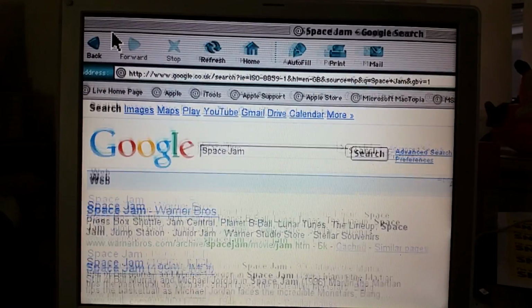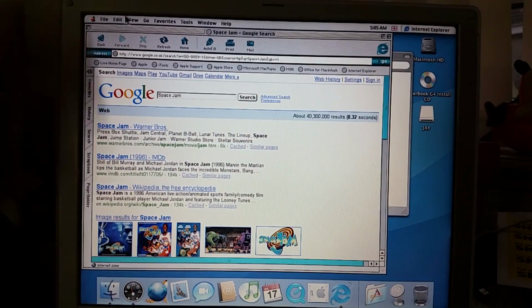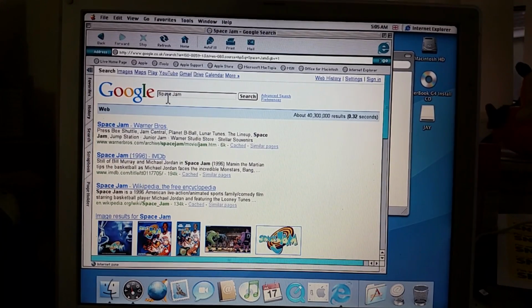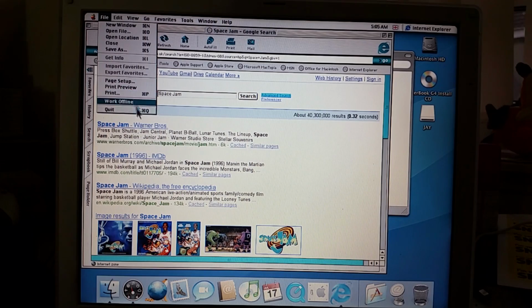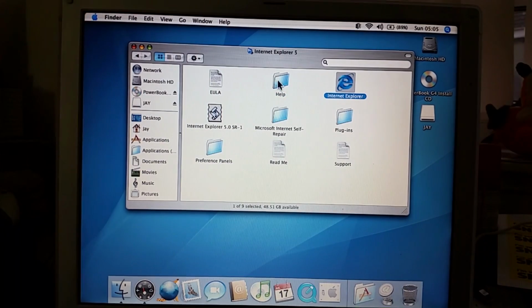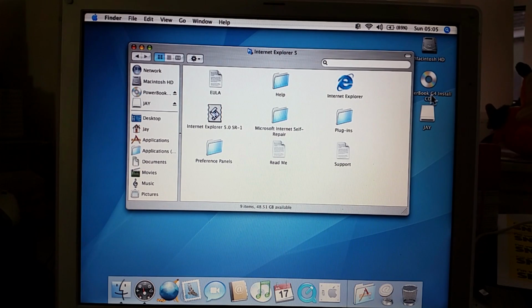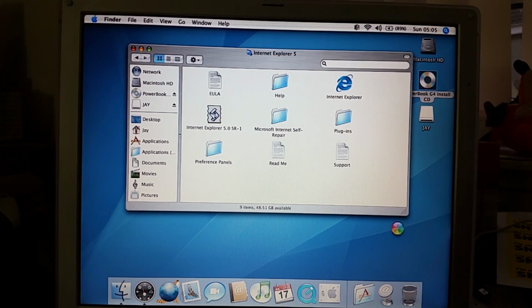But, there you have it, folks. An old version of Internet Explorer on the interweb. Oh, who remembers when the search button used to look like that on Macs? Oh, wow. But yeah, there you have it. Now that I've done that, and that was very fun, what I think we should do now